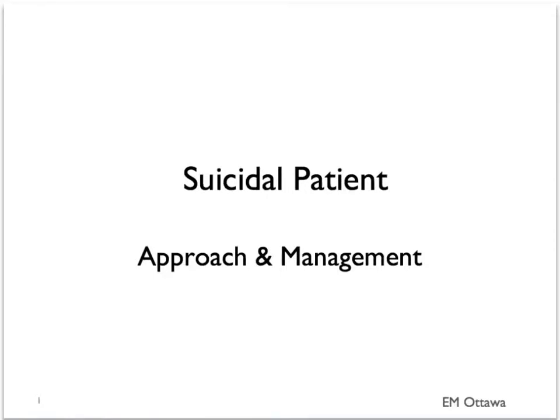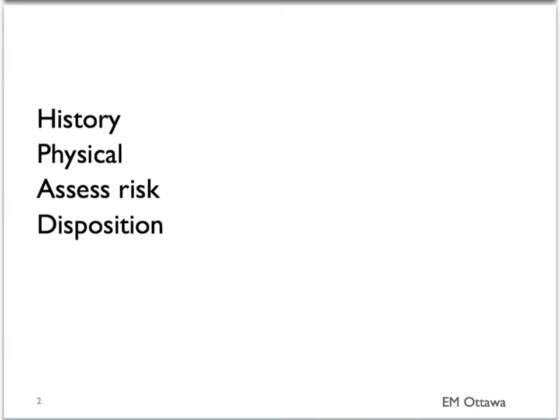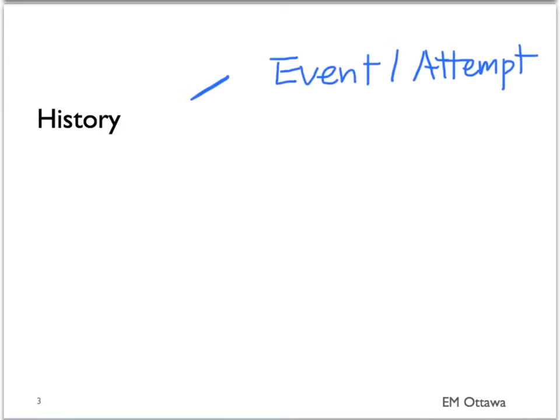This segment is about the suicidal patient. We'll discuss the approach and the management of the patient in the emergency department. We'll discuss how to approach the history, physical, how to assess risk, and determine disposition of the patient. First, history. We'll divide this up into the event or the attempt, past history including medical and psychiatric, and concurrent